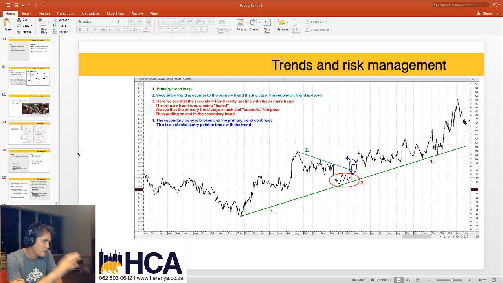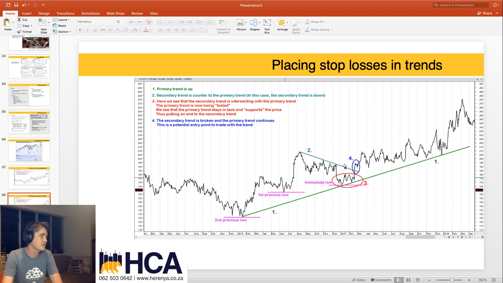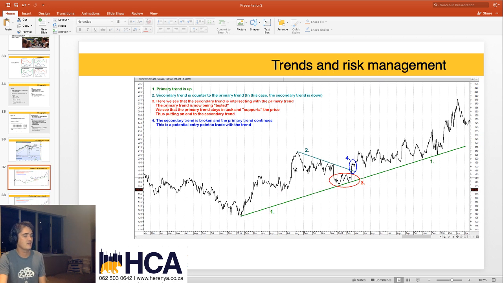So what we do is step 1, identify what the trend is, and then we want to identify entry points into that trend by looking at a number of different things, right? So we can say that every time we come down and test the trend line, these consolidations around this trend line support could potentially be entry levels, or a break of the secondary trend, for example, and a resumption of the primary trend could be an entry point. And we can also look for support and resistance levels that we can use as entry points into these trends, and then we want to use